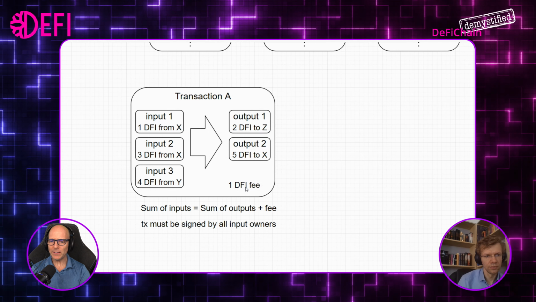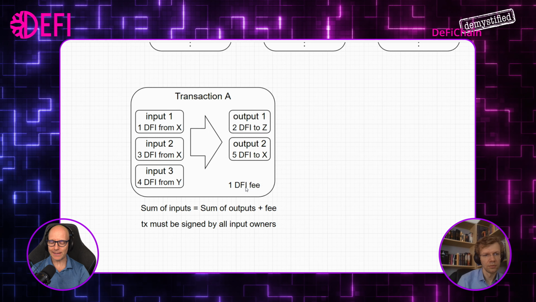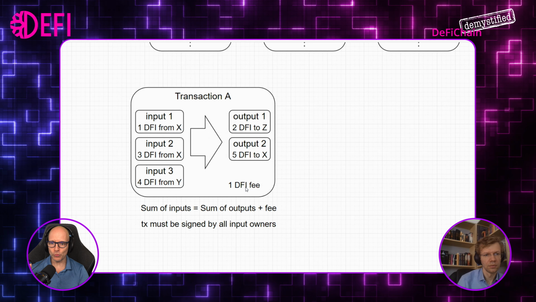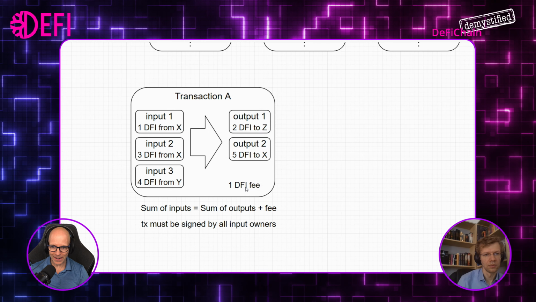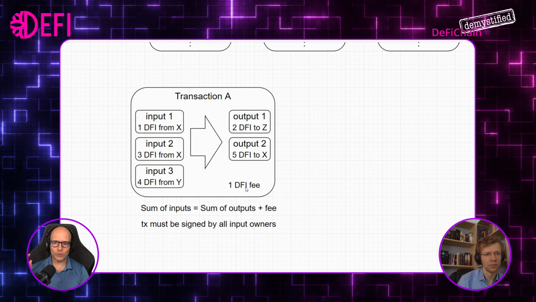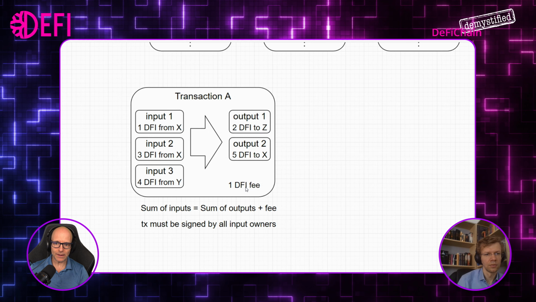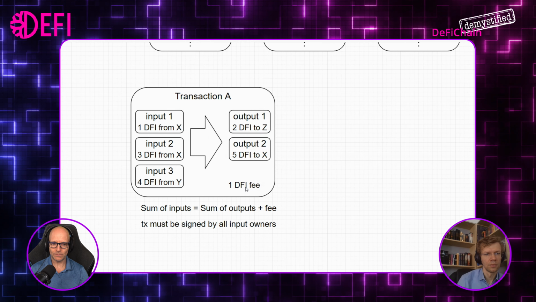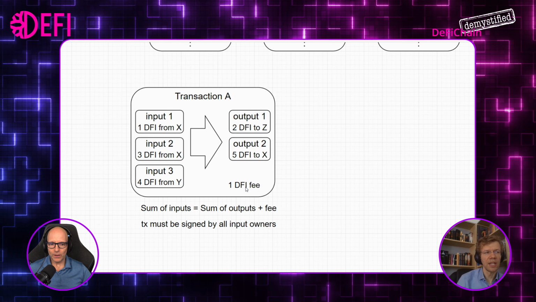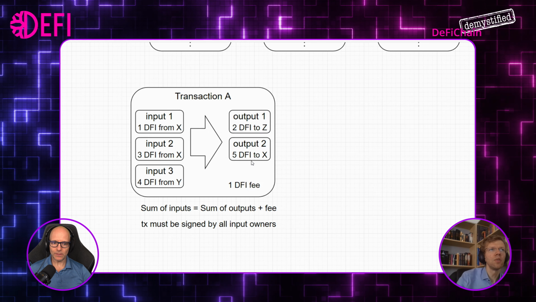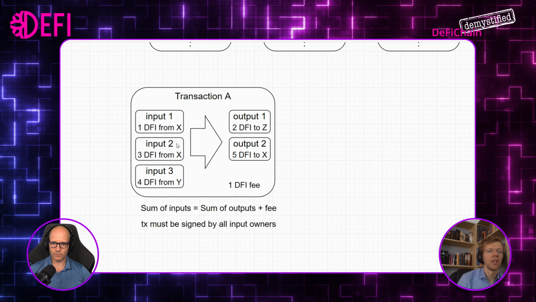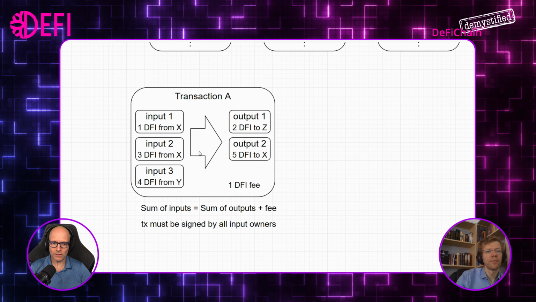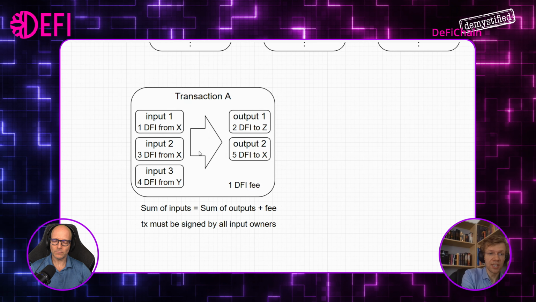Short question here. So that means really in the moment when the transaction happens, the sender from the previous transaction has to sign off on it. It's not that, let's say, address X sent 1 DFI in the past. Even if that transaction is a year back, in the moment when I do the new transaction, they have to sign off that this is valid. Is that correct? In the moment you use this input, yes. When you want to do this transaction A, exactly. So that could be a year after I received it, right? Yeah, exactly. It doesn't matter when you received it.